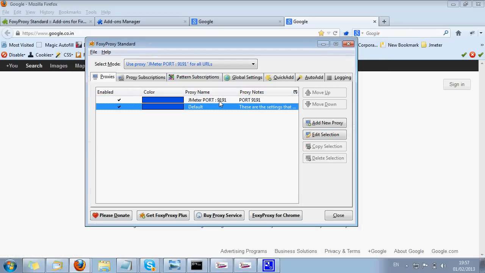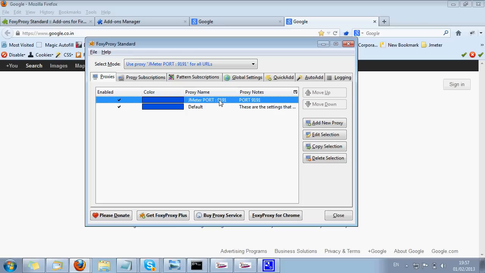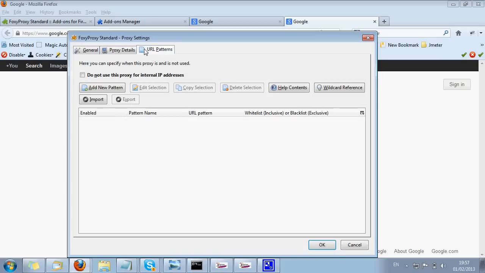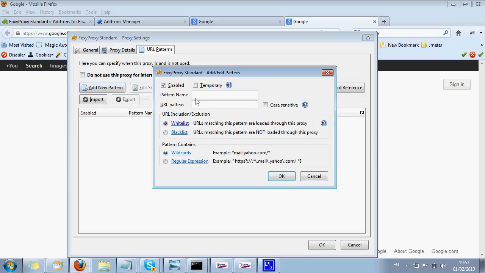So now I'm going to predefine a pattern for 9191. For that URL pattern, we have this under this tab, add new pattern over here. So I'm going to add a URL. This is a note, so I'm doing it for Yahoo, and you can see that there are two radio buttons, whitelist and blacklist.